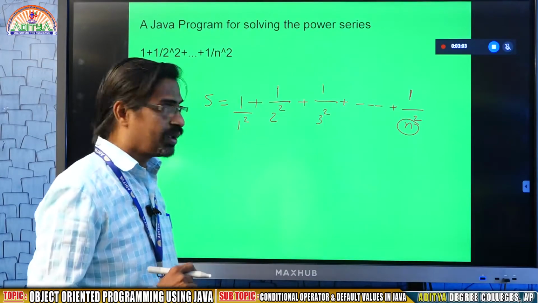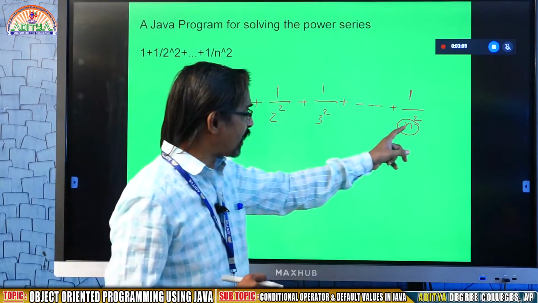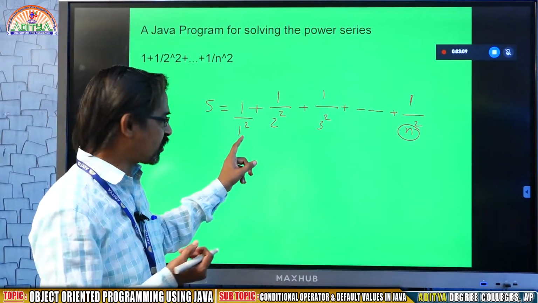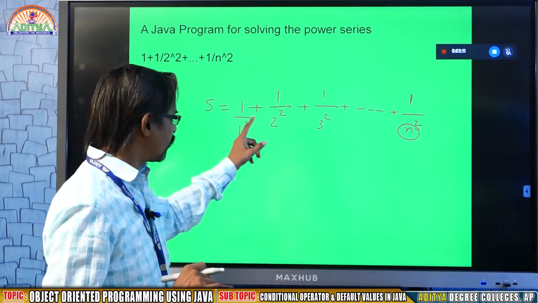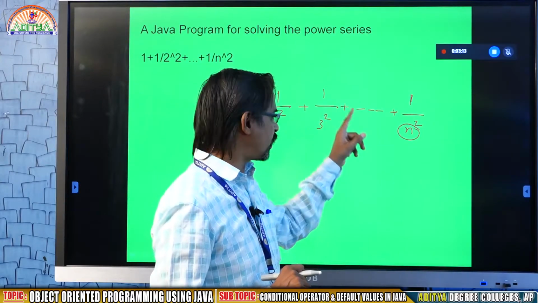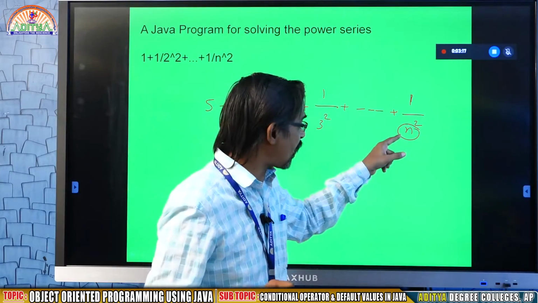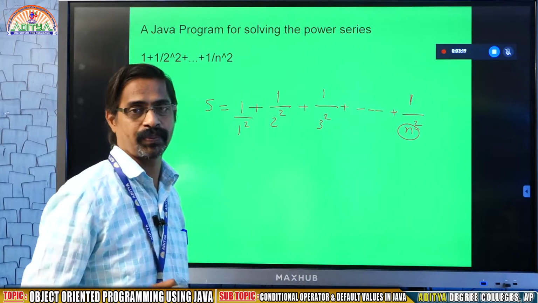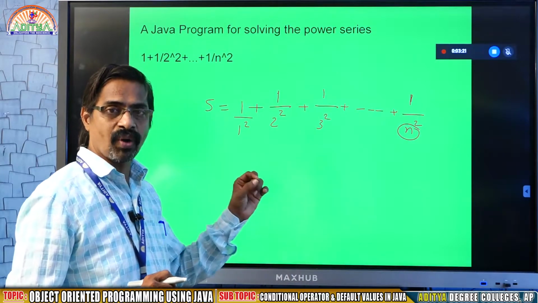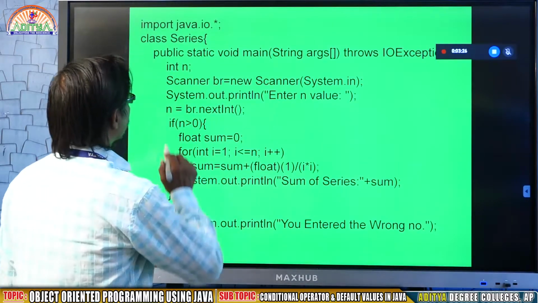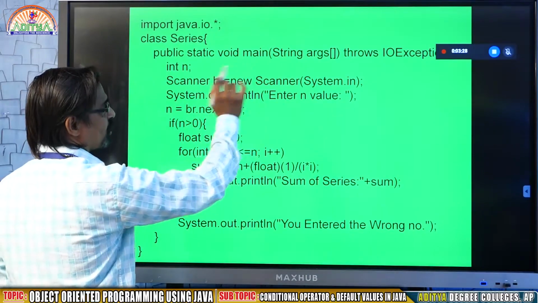So that's why you require a loop that runs n times. That means in the first iteration take i value 1, then it will be 2, then 3, then 4, up to i less than or equal to n, because I have to calculate n also. This is what I want now. Now in this concept you may see here the class name, public static void main.